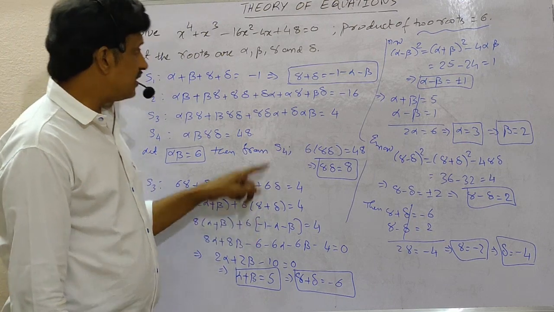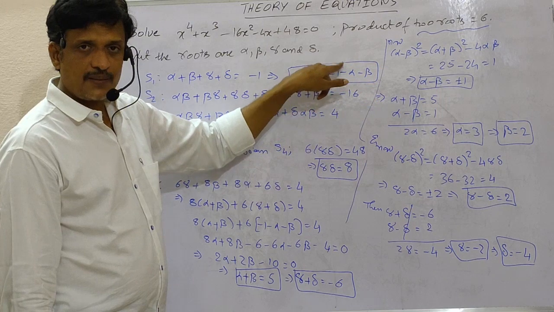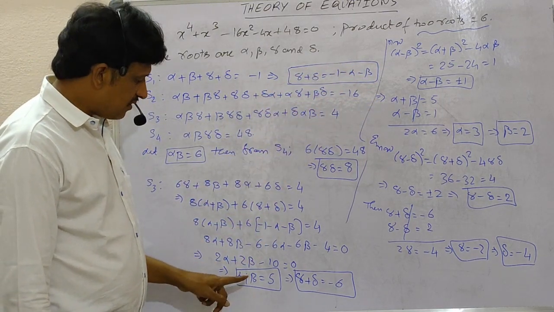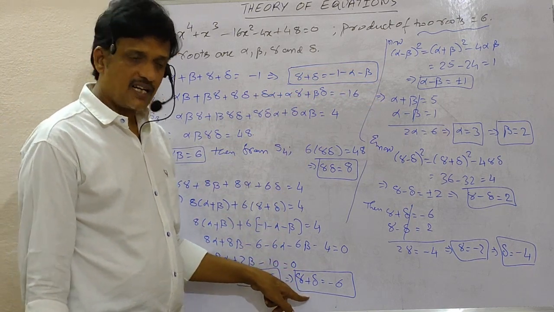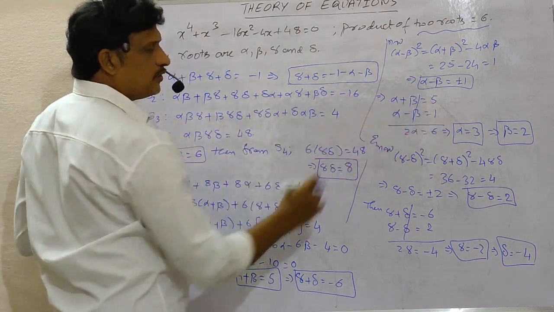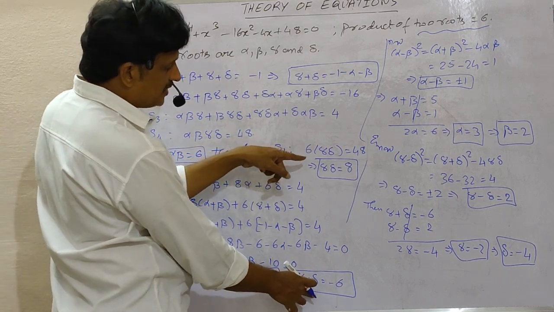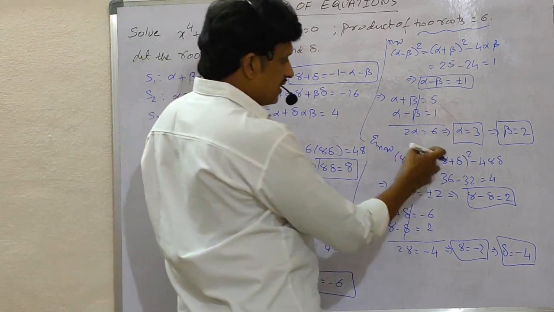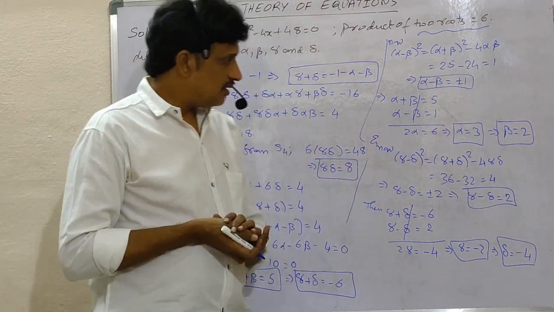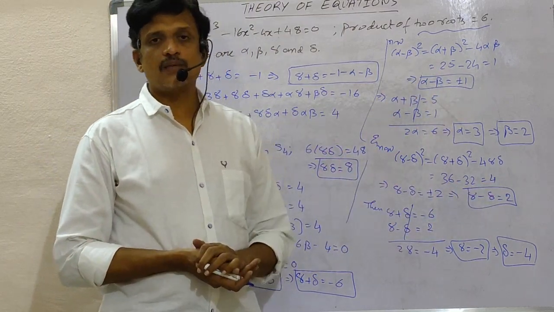But from S1 you can write gamma plus delta in terms of alpha and beta like this, minus 1 minus alpha minus beta. Then at the end you are getting the value of alpha plus beta, from which you can write the value of gamma plus delta. Now by using alpha plus beta and alpha into beta, you can write the values of alpha, beta. In the same way, from gamma plus delta and gamma into delta, you can calculate the values of gamma and delta. So at last we got all the required 4 roots here. Those are 3, 2, minus 2 and minus 4.